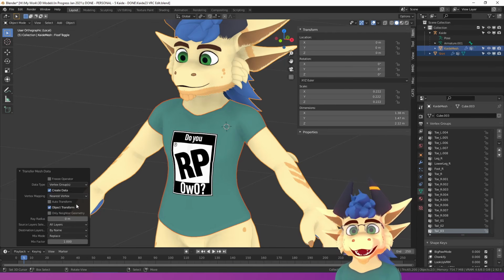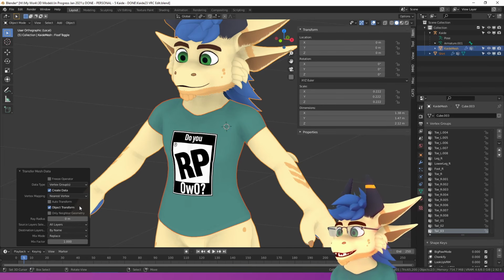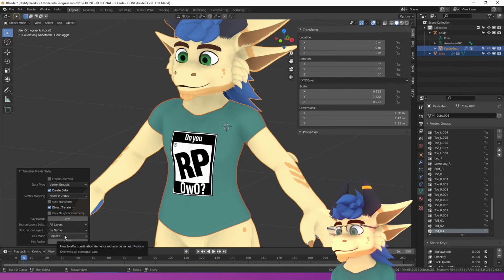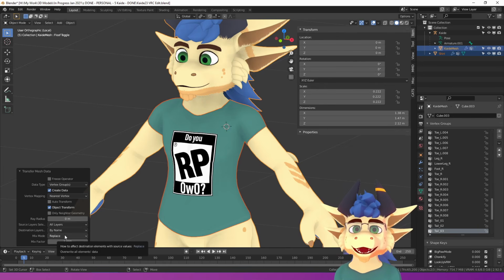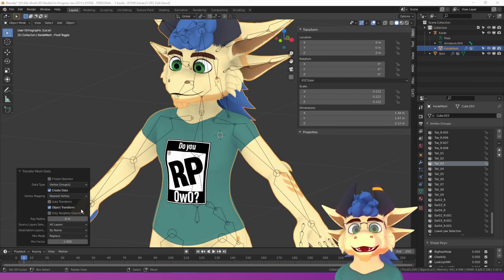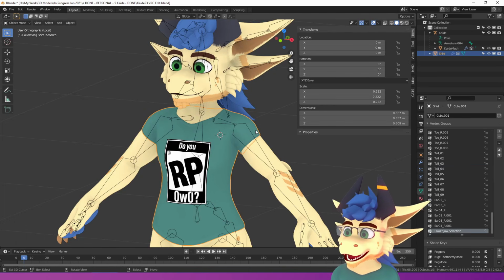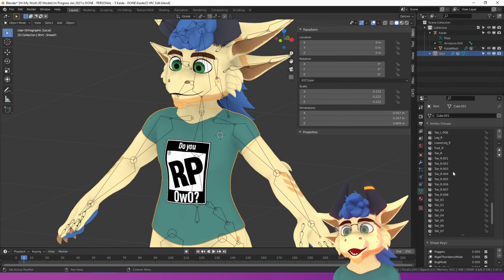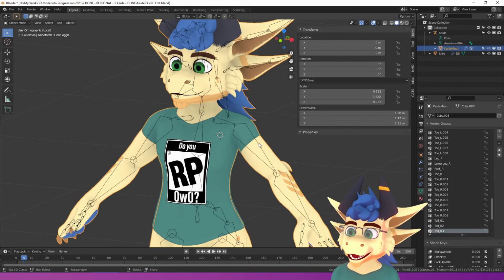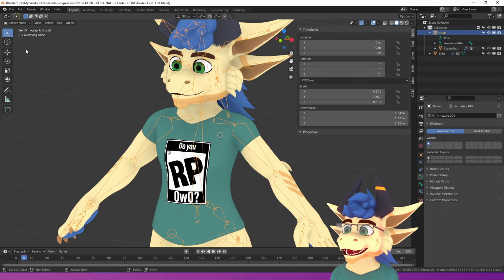It'll take a second, but it'll do it. Then we just need to check that it's done by name and that it's replacing. At this point, there's none there, so it will just do this anyway. So we can click off this menu now, and we just want to click onto the shirt. Look at that. They're all there. So that's now transferred the data from the base body to here, which is all well and good, but